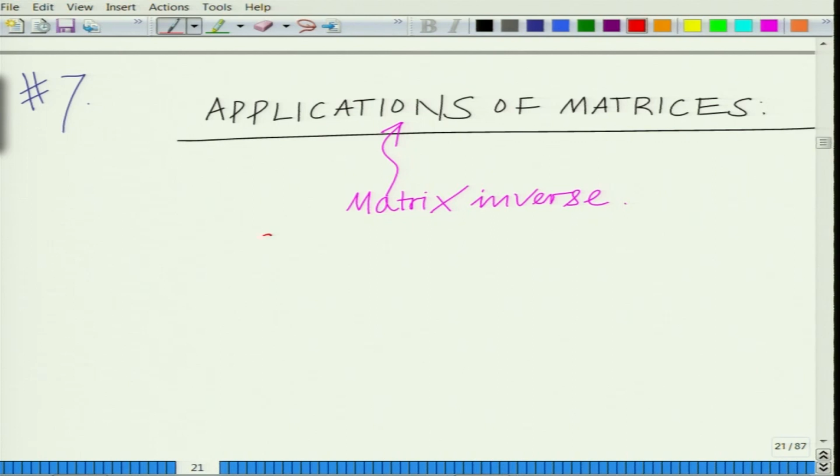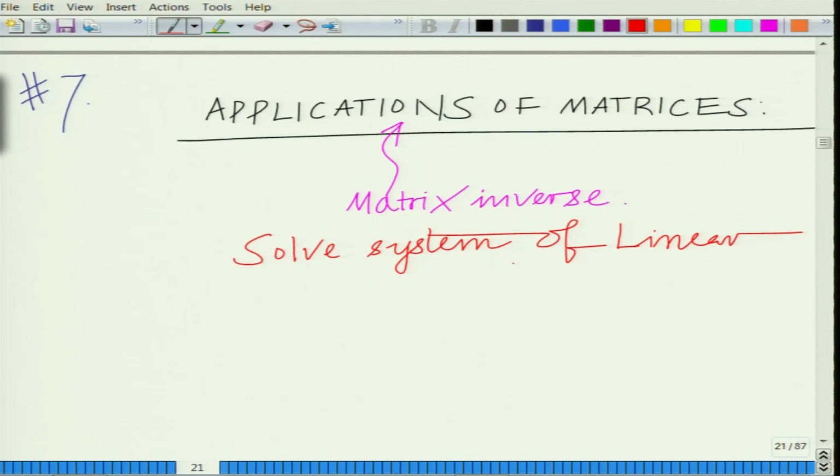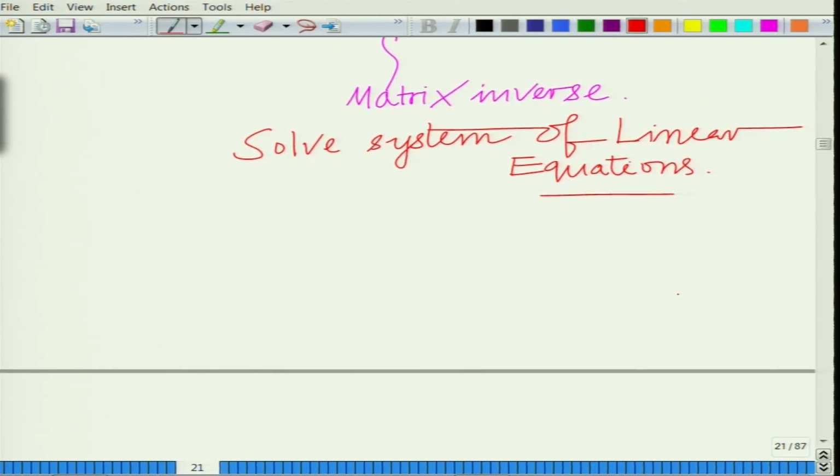This is to solve a system of linear equations. I think that is important, the linear equations, right, which is essentially you have the system of the form a11